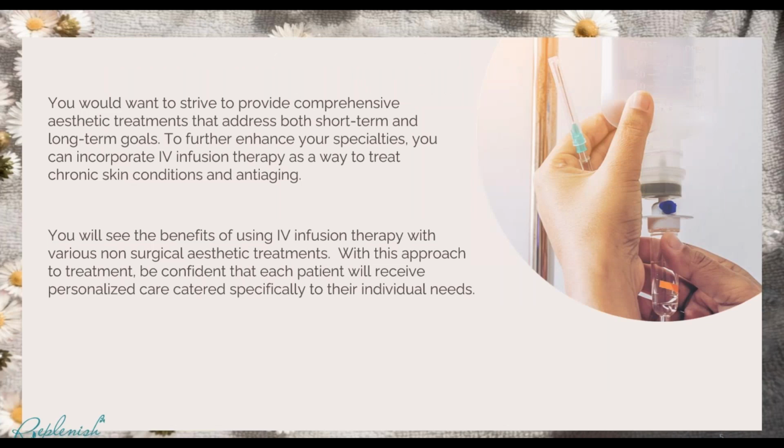So everything that I put together is the basis of what IV nutrient therapy does to the body, right? Everyone knows that it boosts the immune system and gives you energy. Some facilities use it for hangovers. In our office, we do use it for functional medicine, but I wanted to put a little bit of a twist on it, which I've been working on for the past 6 years when it comes to using it for